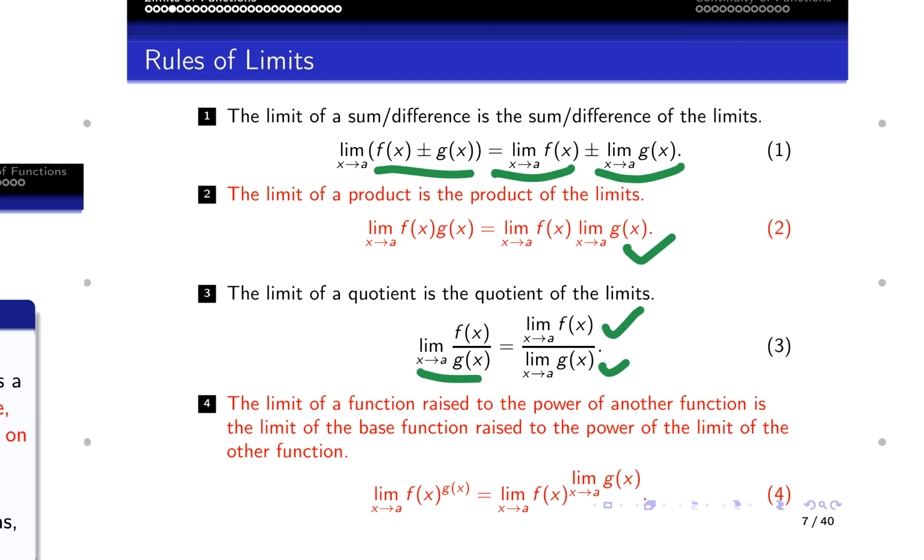The limit of a function raised to the power of another function is the limit of the base function raised to the power of the limit of the other function. So the limit of f of x raised to power g of x as x approaches a is the same thing as the limit of f of x as x goes to a raised to power the limit of g of x as x goes to a. So these are very simple and intuitive rules, and then we'll see them practically as we begin to treat problems